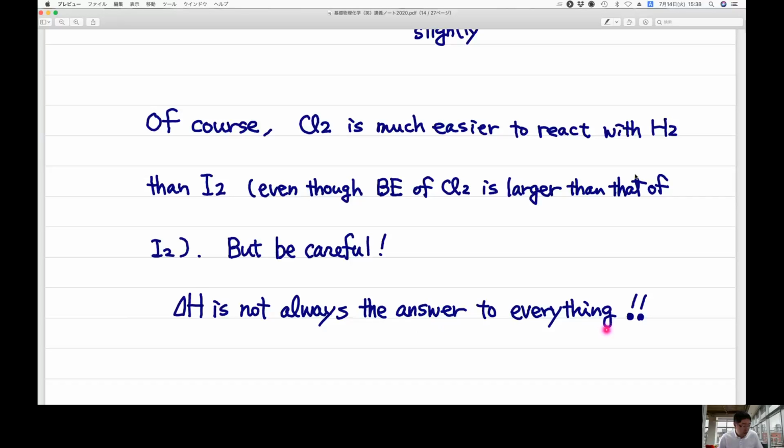So in the next video, we will discuss the driving force of chemical reactions. And you need to imagine that sometimes delta H is not needed to push the reactions. Even if you do not observe the change of the heat of the reaction system, the reaction can proceed very smoothly. Okay, see you next